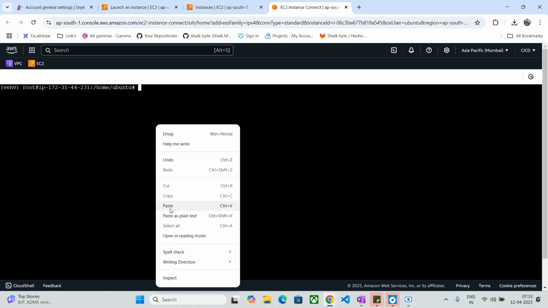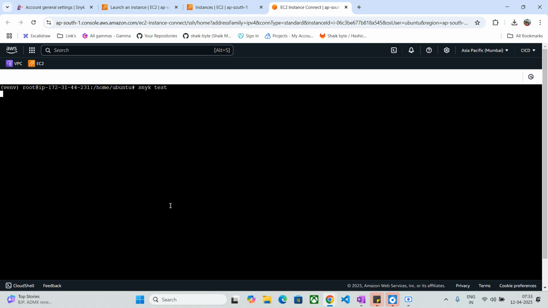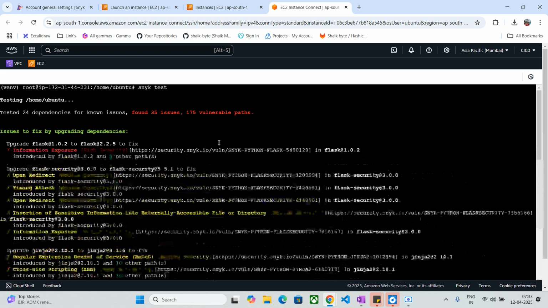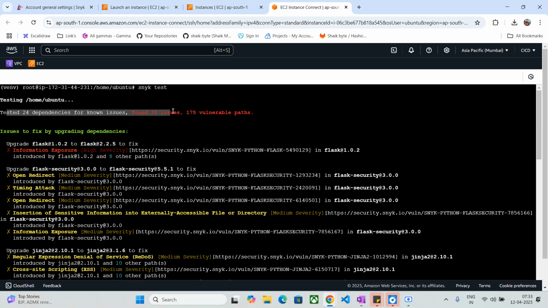So I'm going to run this command, snyk test. Once I start running, it will scan my entire source code and dependencies, and it will give a report saying something like: tested 24 dependencies, known issues are 35 issues, and 175 vulnerabilities in the path. So if I go line by line,